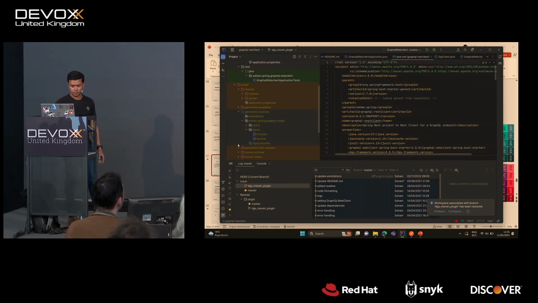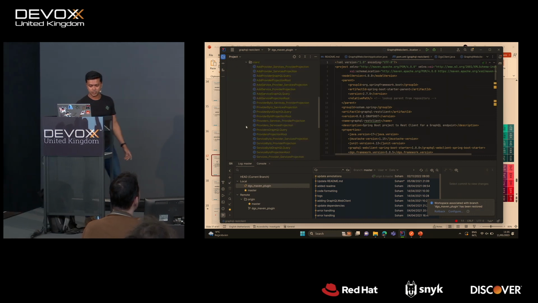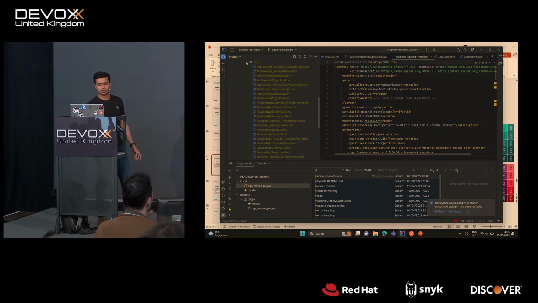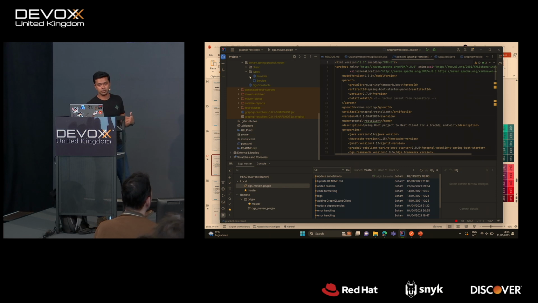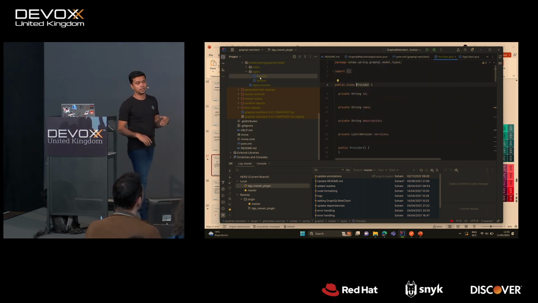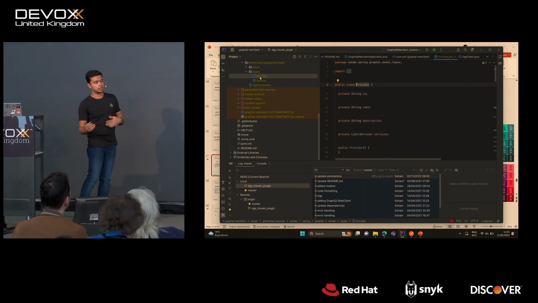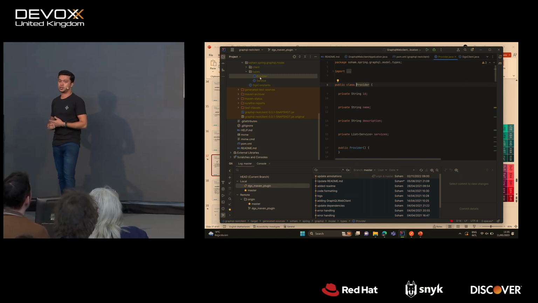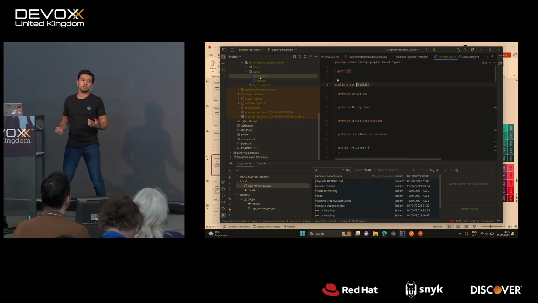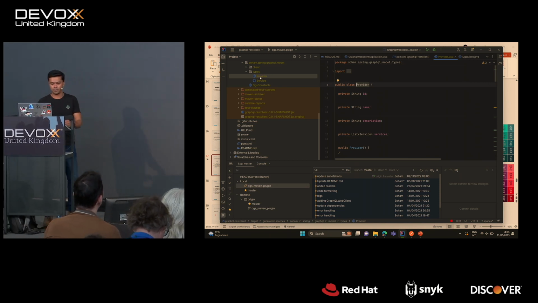Basically, it generated all the client code that I need to retrieve or call the APIs and all the types that are defined in the schema. So at compile time, it sees the schema, it generates the code for you. The only thing you need to do is how to invoke that API.